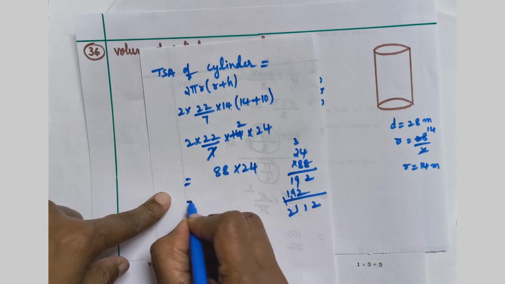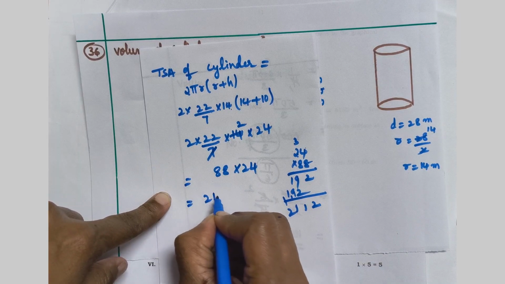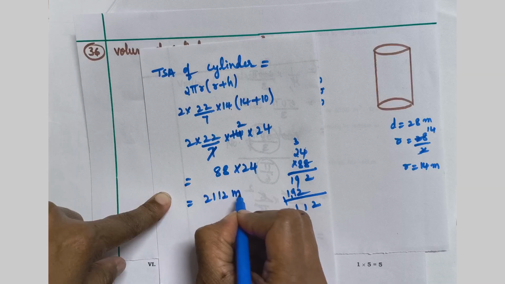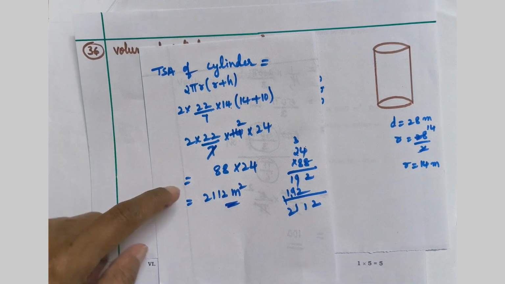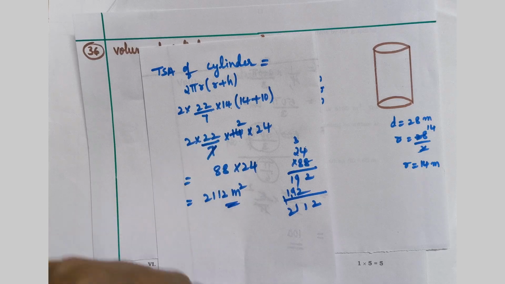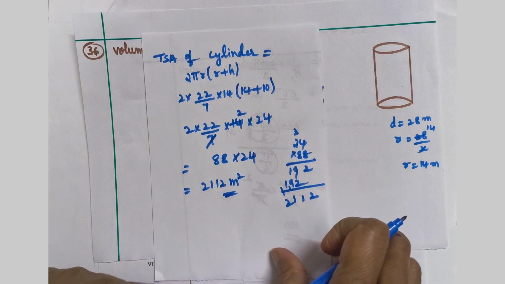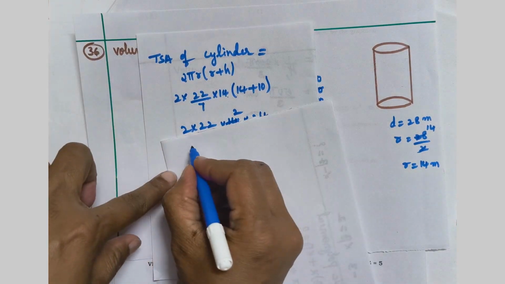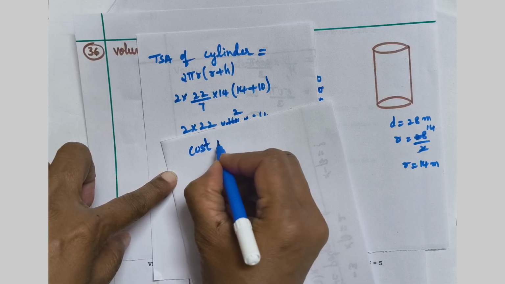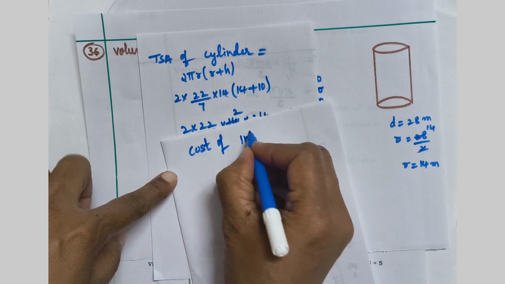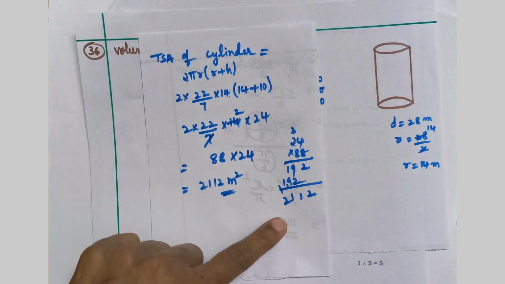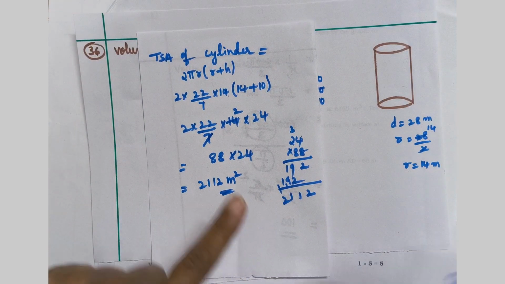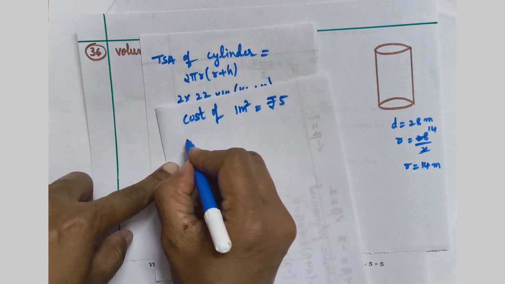So what is the total surface area of the cylinder? 2112. What is this? Area, so meter square. But the answer is not finished. Again we will find the cost. The cost of 1 meter square is given as 5 rupees. But here the total is how many meter squares? 2112 meter squares. So the cost of